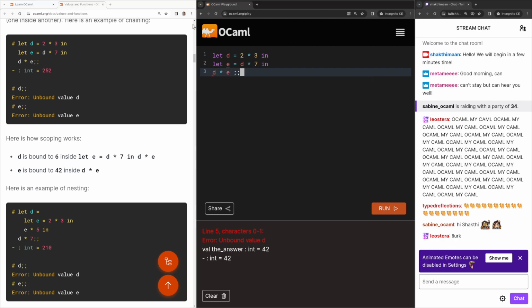So D is 2 times 3, which is 6. In this expression, E is equal to 6 into 7, 42, right? So we get the result of 252, right? That's a computed value. But then outside of this,